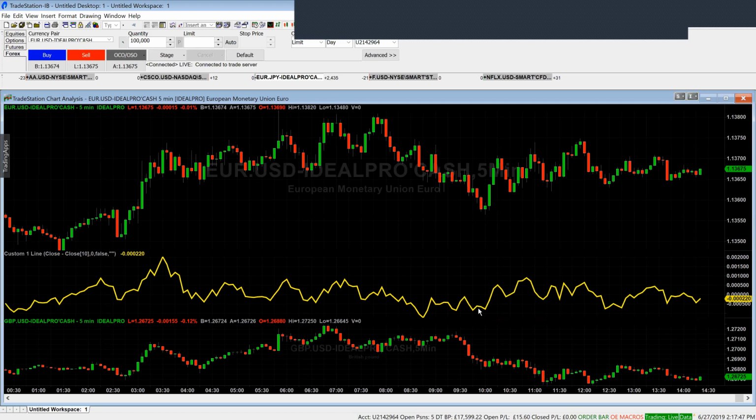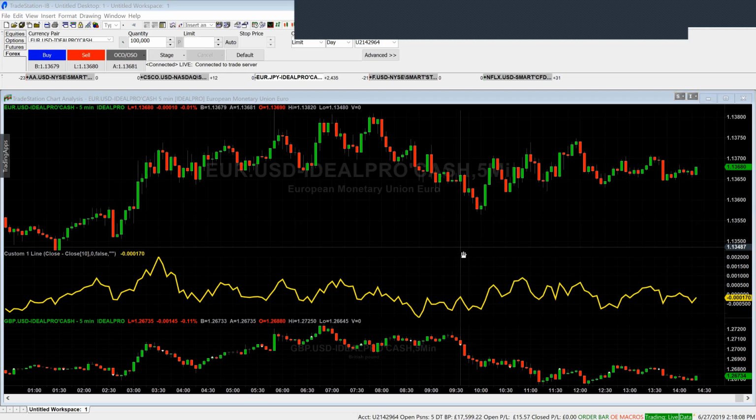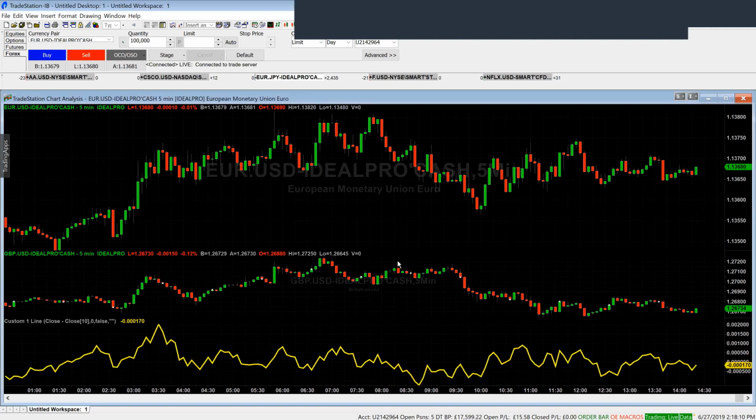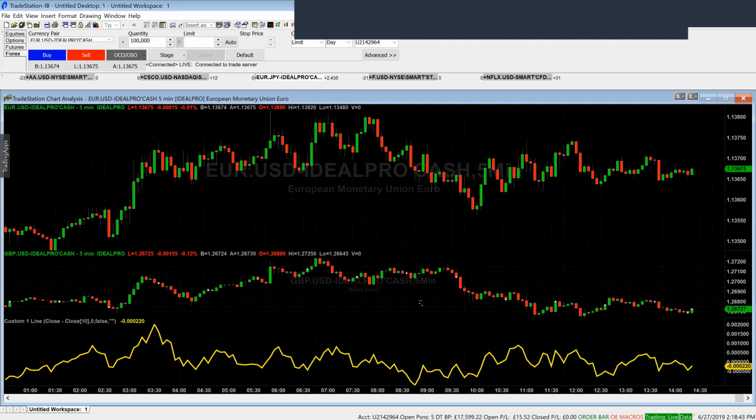So I have the 2 symbols on the screen. Now I can change the order in which these subgraphs appear, because I have the euro dollar at the top, I have this indicator in the middle, and I have the British pound US dollar at the bottom. I can move the British pound to the top so that it's higher than the indicator, and I did that by clicking and dragging. But what I want to do is modify that line, that yellow line